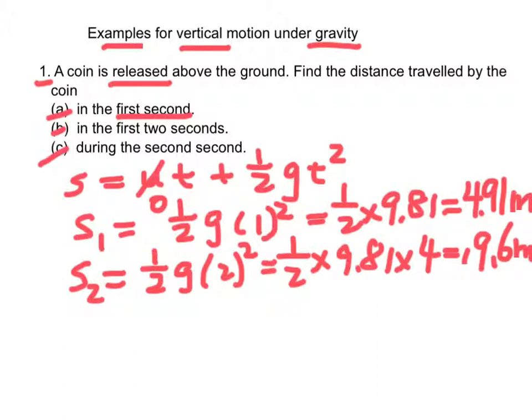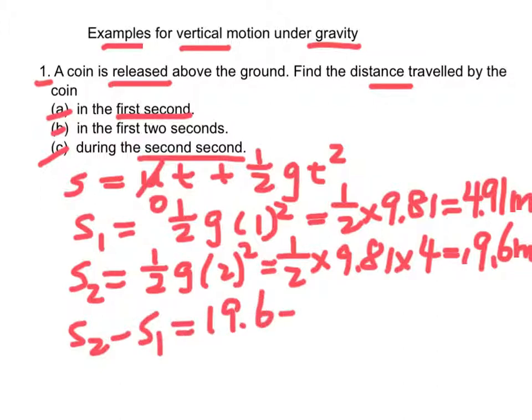For part C, the distance traveled during the second second is S2 minus S1 equal to 19.6 minus